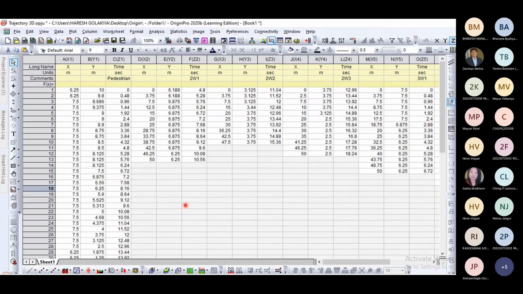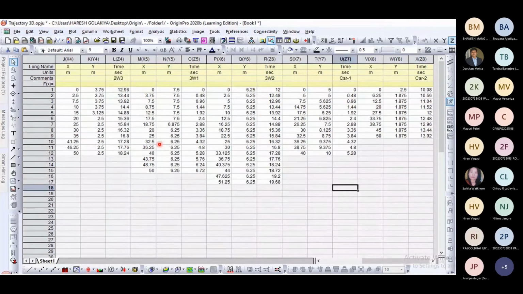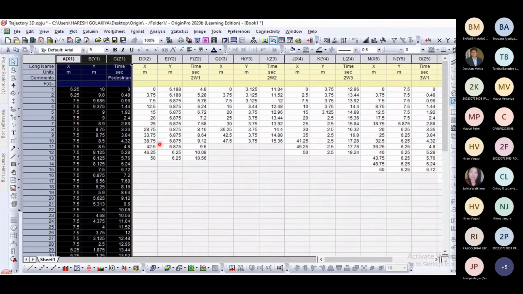Now let us see 3D plot, right? So a long series of data are there for the 3D plot, which I want to plot as a trajectory. So I have started with X, Y, Z. Here in 3D plot, X, Y, Z, three categories of data are required. Here I have many data of X1, Y1, Z1, X2, Y2, Z2, X3, Y3, Z3.